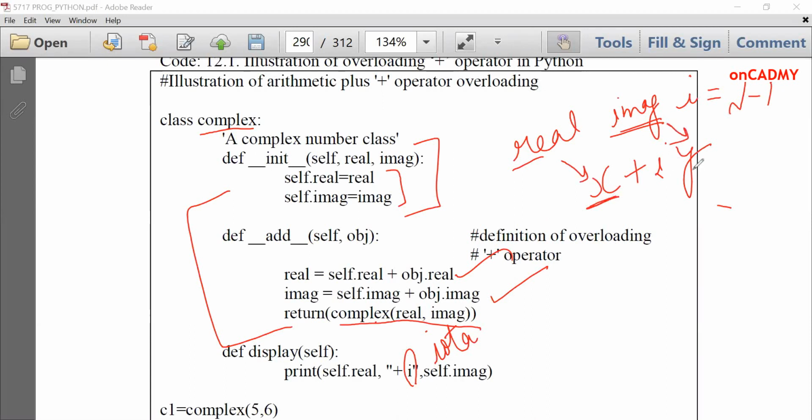And it is represented like this, x plus iy. i is just a notation and it has the value square root of minus 1. But real values are computed with real ones, and imaginary values are computed with imaginary ones. We cannot add x with y. You should know that. And I think you have studied this in your mathematics also.